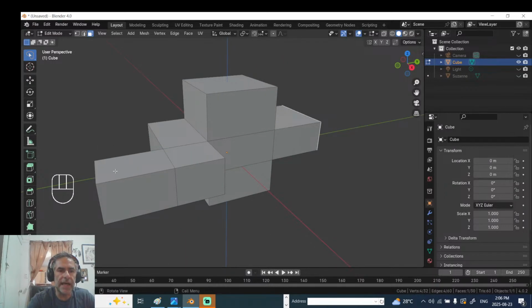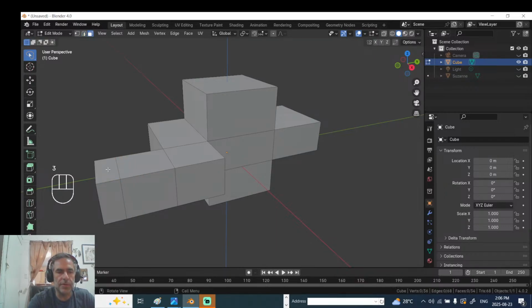I would first need to add an edge loop. Let's say I wanted to have this section here up. I'm going to add an edge loop here. I've just put it to edge mode. I click the perpendicular edge, Control R, and I added this edge loop there. Let's say I move it to here,